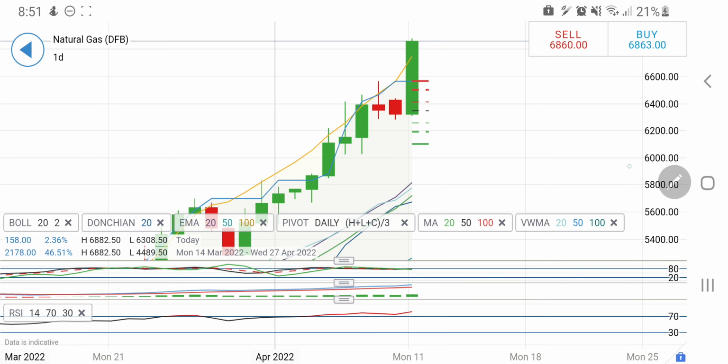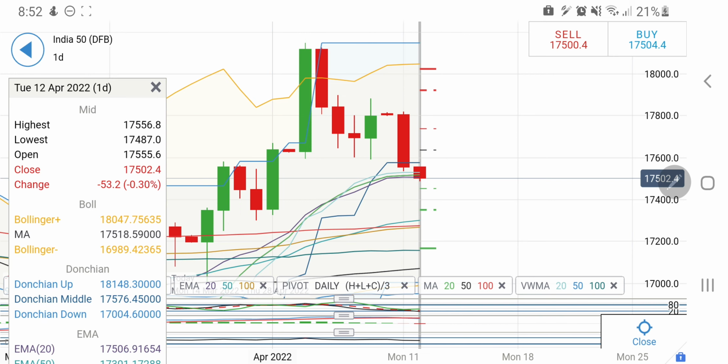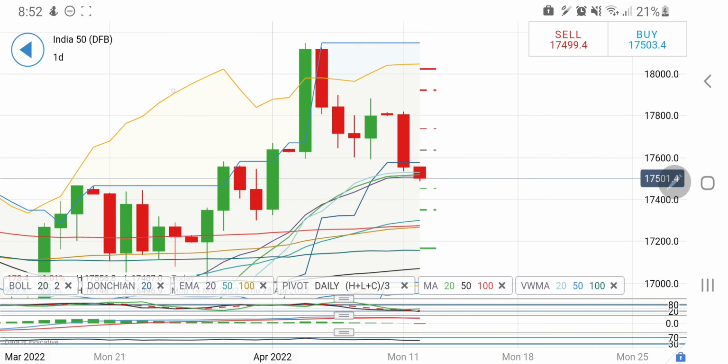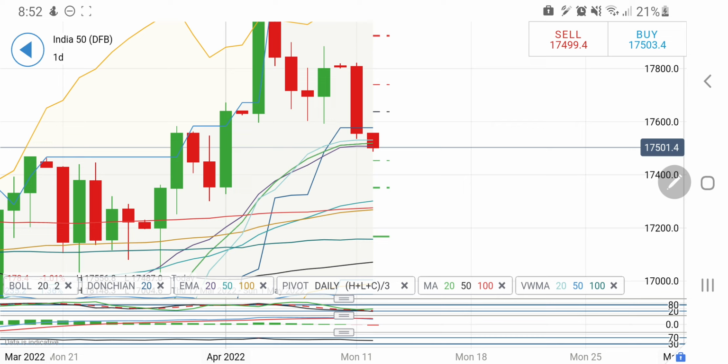Now let's have a look at Nifty. Now look at the daily charts for Nifty. This is the crucial support zone at 17,500 at which Nifty is trading right now. Breaking 17,500 and trading below 17,500, we may see a strong drop on Nifty. See, I should have considered this a retracement if it would not have broken the 17,600 to 17,500 zone, but right now it is trading with a bearish bias.